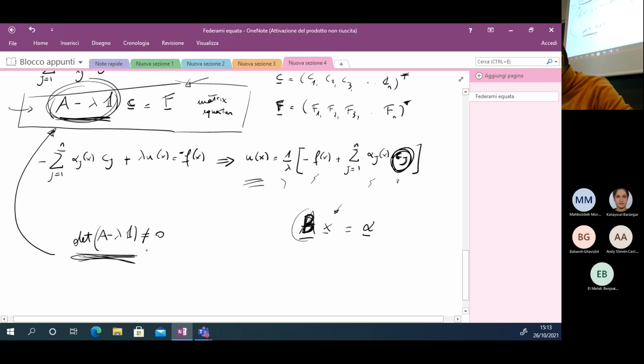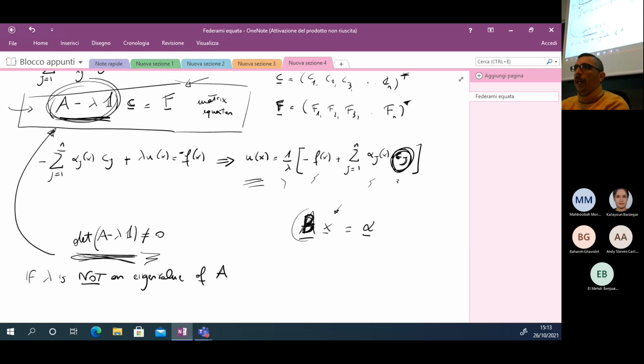Since you want this to be different from 0, this means that if lambda is not an eigenvalue of the matrix A, which I remind you is the matrix that you obtain from the inner products of beta i and alpha j,